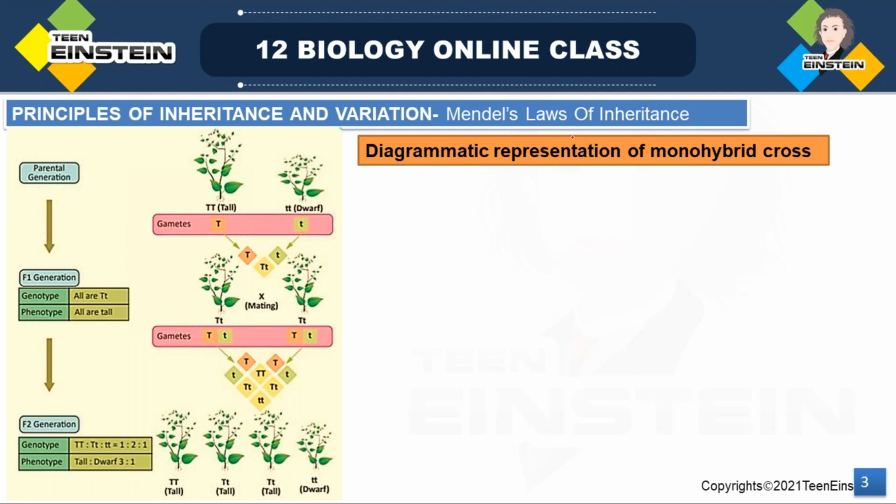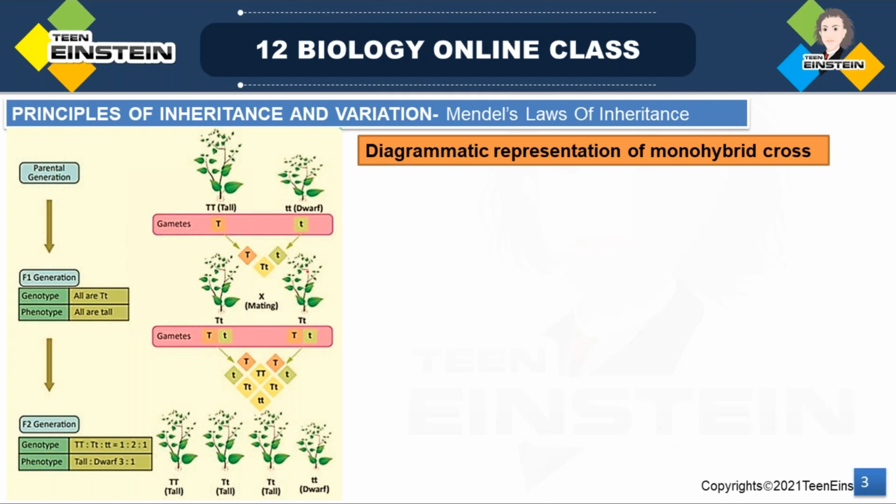This made easy the observation of characters and the passage of characters through each generation. So he studied only one character at a time. If he selected more than one character, it would be confusing, right? So selecting one character at a time and observing that character as it passes from one generation to the next generation, like that